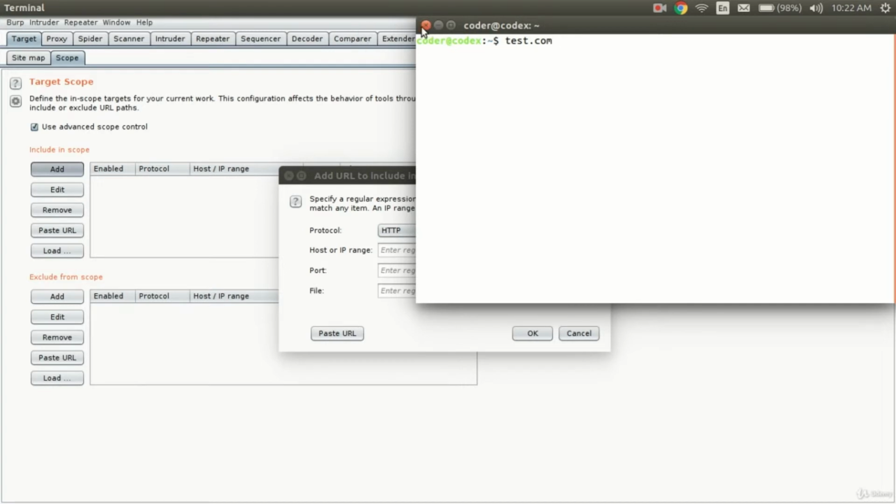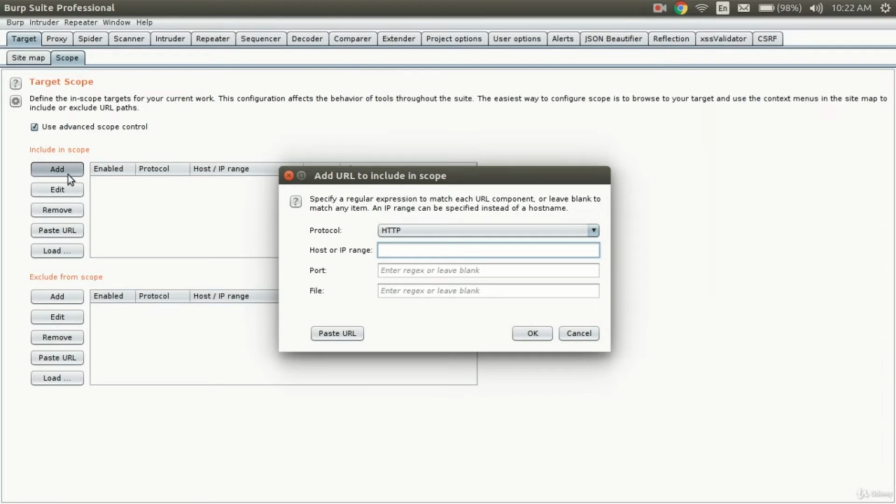Now it will be a real pain if you have to add all those things one by one in the scope, like we used to do here. So what you can do in that case to include everything in scope is just type .*\.test\.com$.